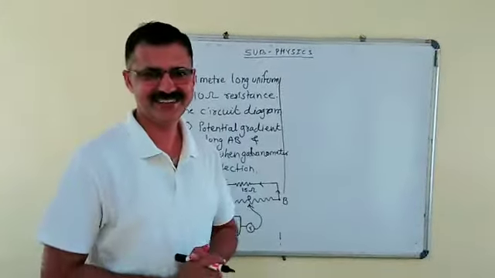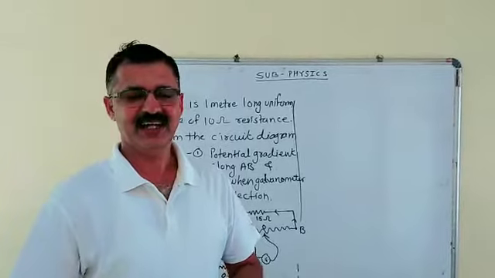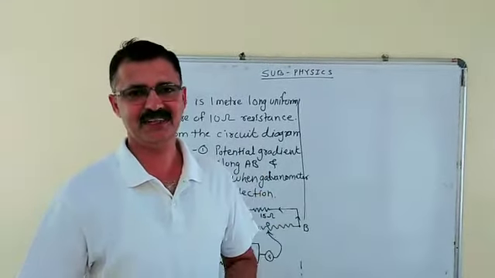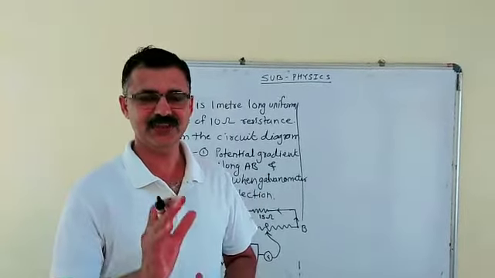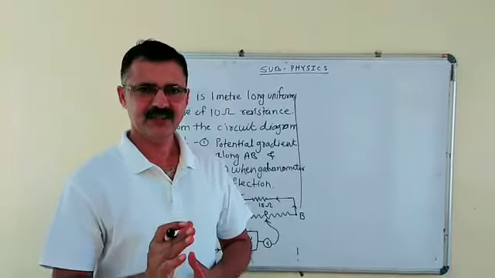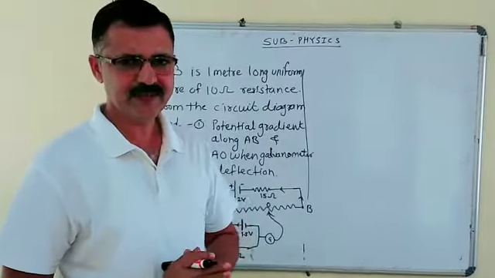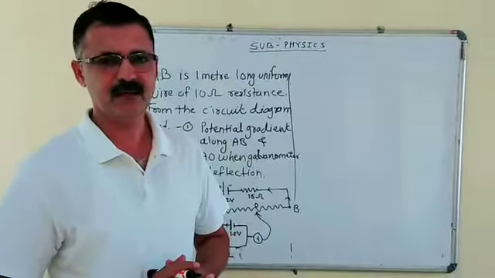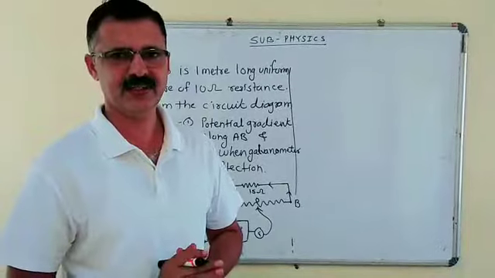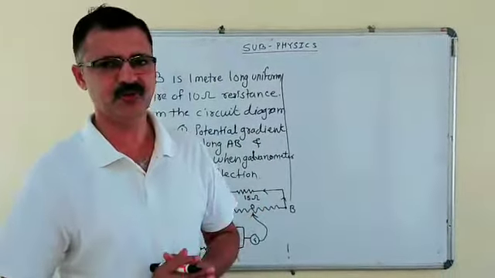Friends, good morning. In the previous lecture, we discussed how the internal resistance of a cell can be determined by using a potentiometer. Also, we studied potential gradient. Now, today we will discuss one of the numericals based upon that fact. This numerical clears a number of concepts related to the potentiometer.